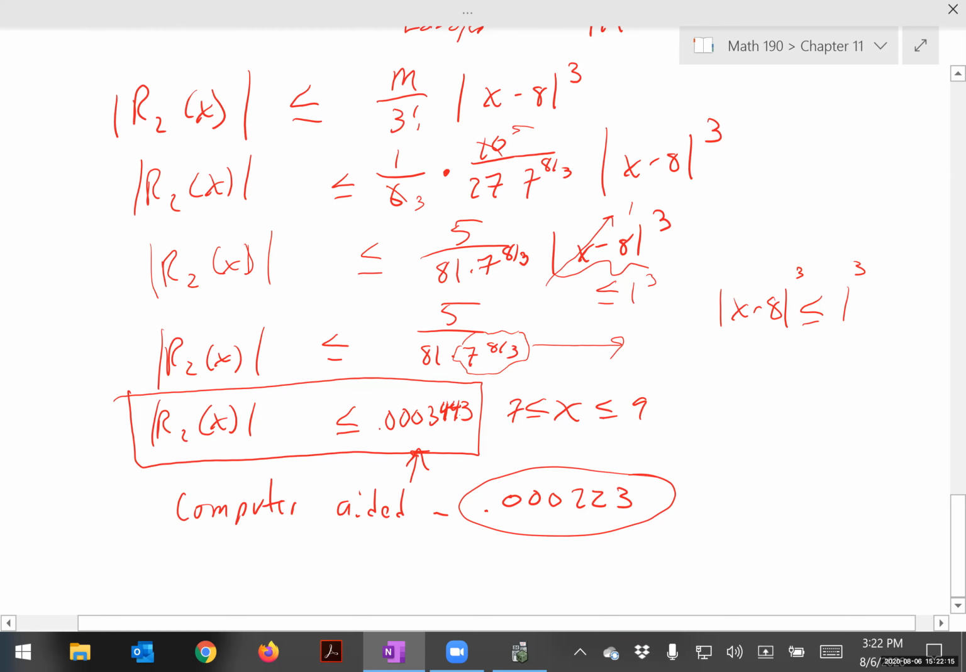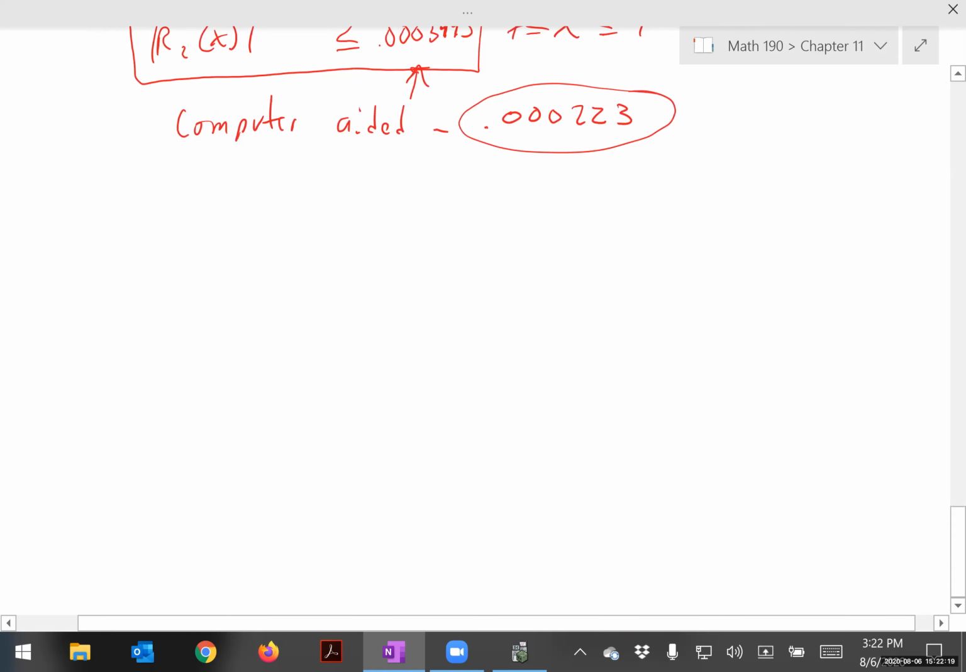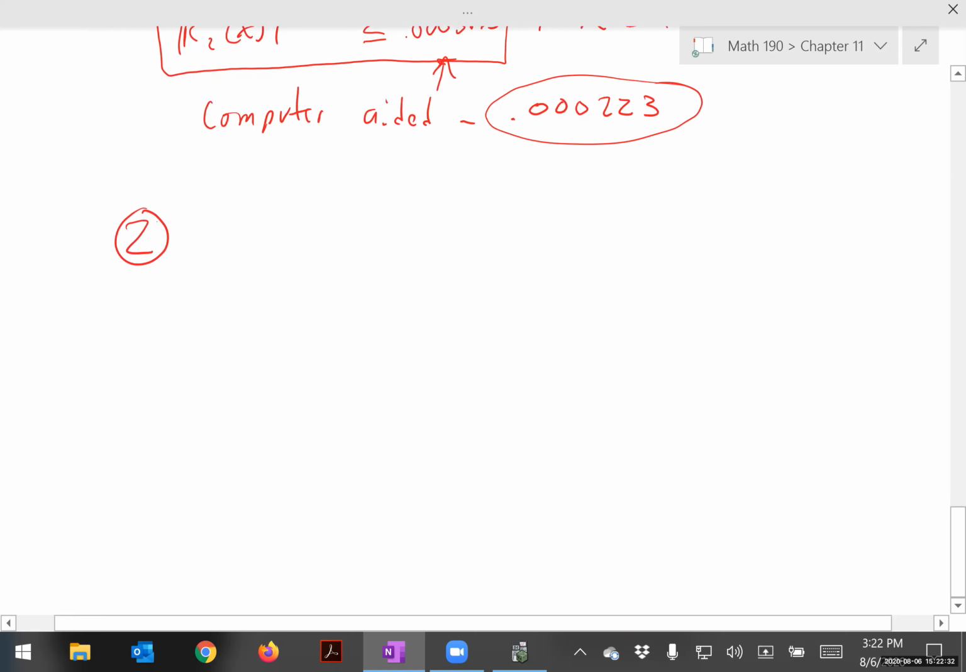Okay, let's do one last one of these. Let's go backwards. Let's say that we want it within a certain degree of accuracy. How many terms would we have to go out? Okay, so number 2 here. What is the maximum error? Oh, no, it tells me how many terms I'm going to go out. So we're just going to get the maximum error. Okay, what is the maximum